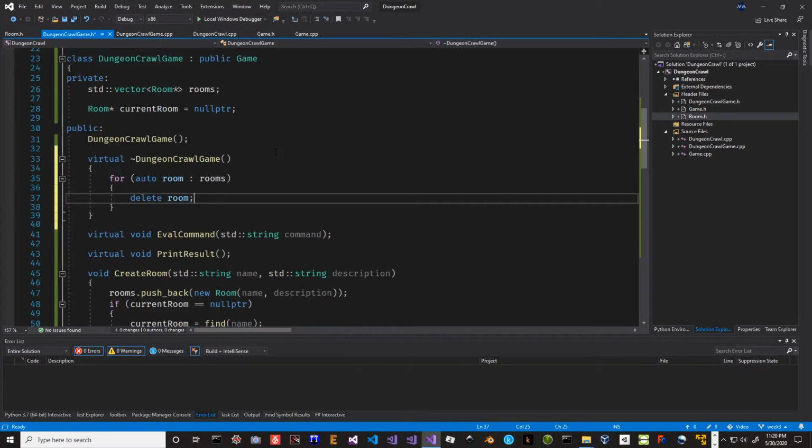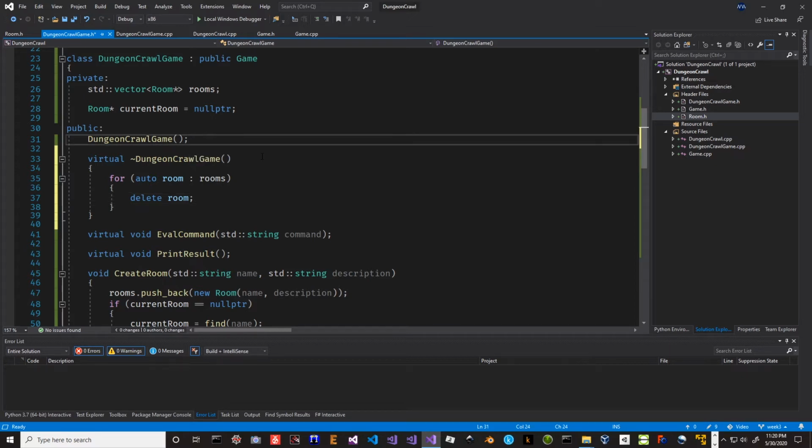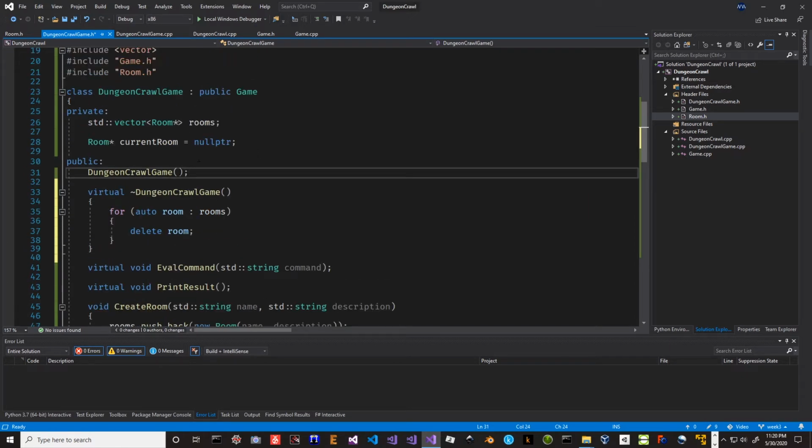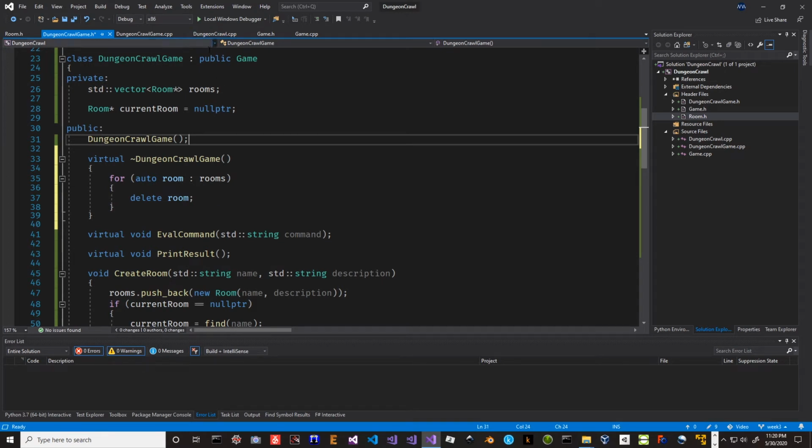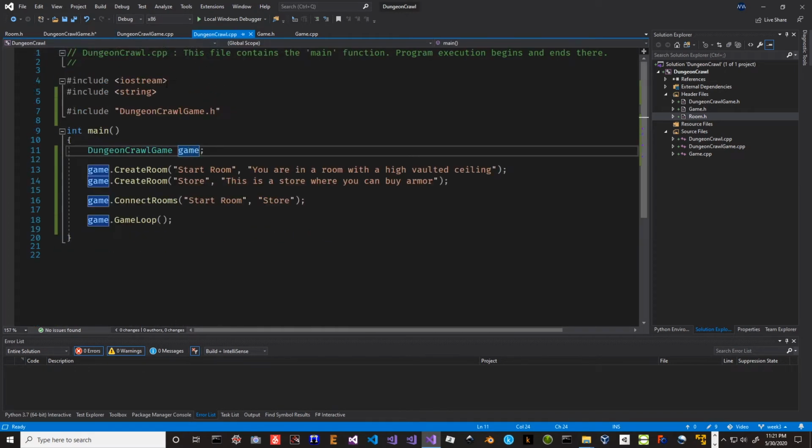But we don't have a way to exit. We're killing the program right now, which is fine. In reality, the operating system is going to clean up all that stuff when the task ends in most cases. In this debug mode here, we don't exactly have a way to exit at the moment, but we're going to fix that right now. We're going to go back to our DungeonCrawl,